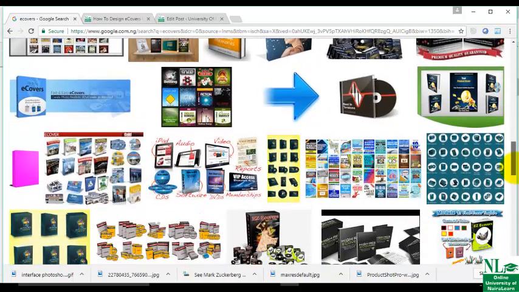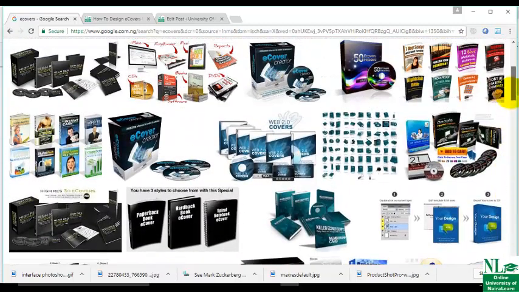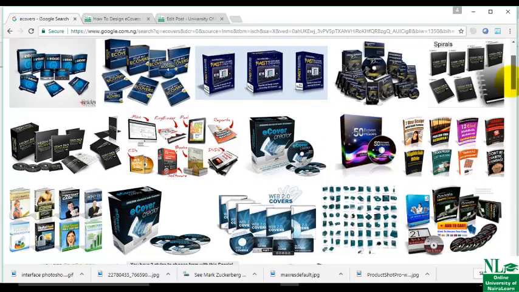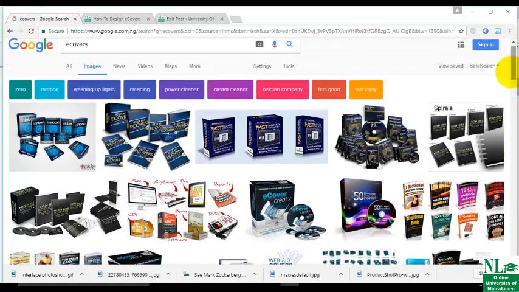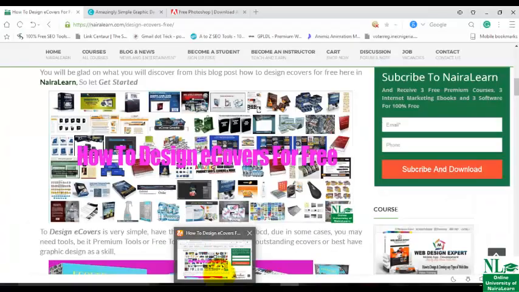In fact, this is a money-making business. I design e-covers for people on a daily basis, offline and online, and I charge them. The most beautiful part of it is that it does not cost me up to three minutes. I'm done. If I don't have time, I just refer them to somewhere else, or to one of my students. If I have time, I will do it and collect the money. Of course, we all need money.